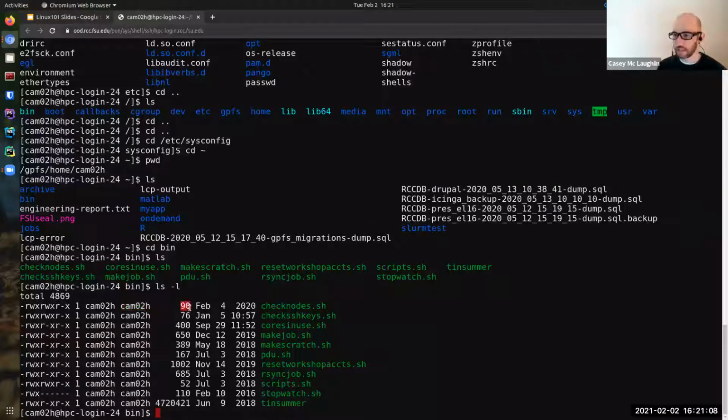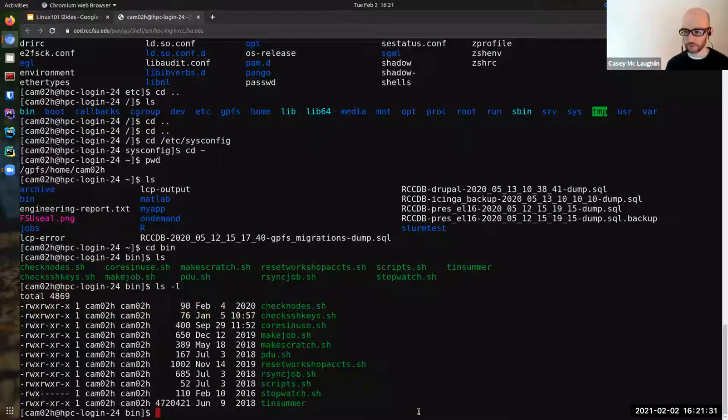This is the size in bytes of the file, and this was the last modified timestamp. And this is the name of the file. So permissions, owner, group, size, last modified, and finally the name.